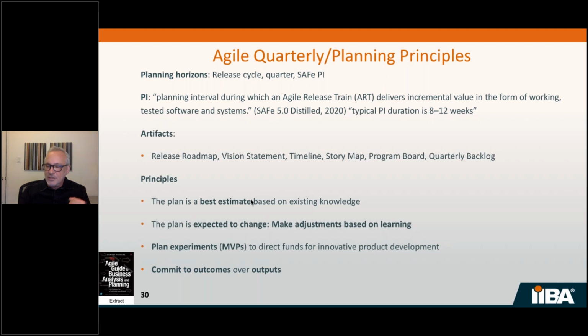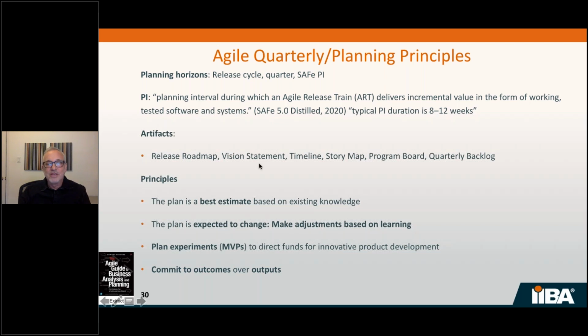As well, because we're often doing Agile development because the product itself is unknowable at the start. There might be so many new innovations in that product that we really can't decide in advance which are going to be the most important to users because users haven't actually used them before. We plan experiments. So part of the planning itself is not, oh, I've got all these features and this is the plan to do them. Yeah, that's part of it, but part of the plan is to actually determine what those features actually have to be. And these experiments to determine what the features are, they're called MVPs or minimum viable